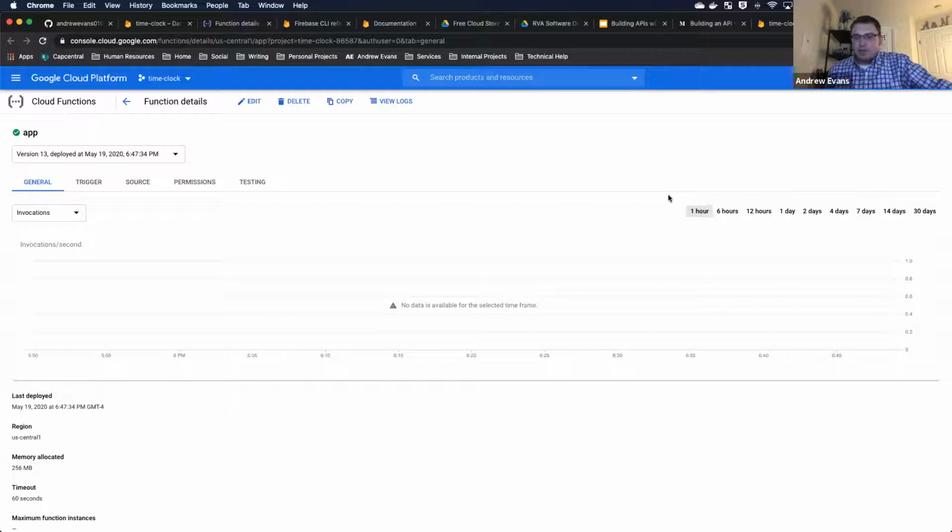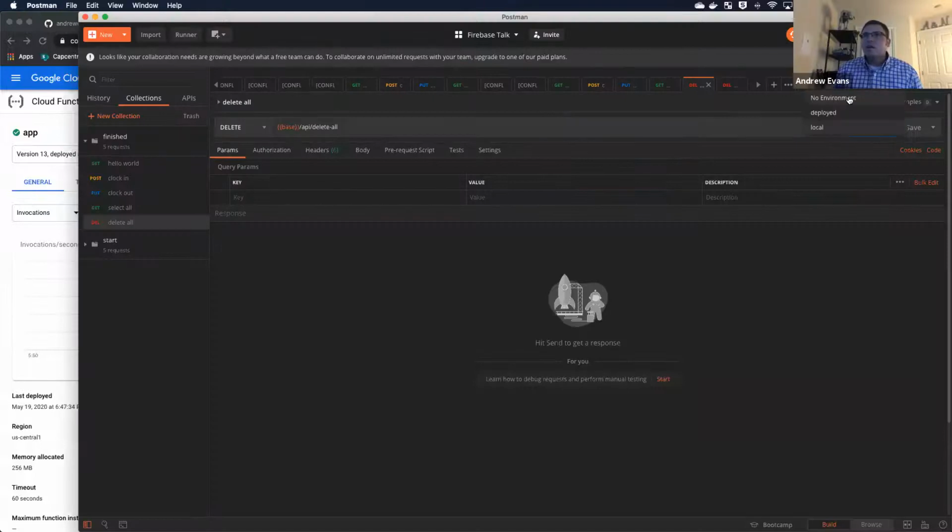Firebase is really great because it connects back to Google Cloud, but it doesn't force you to learn Google Cloud. All you really have to know is how to interact with the Firebase console, and it's doing all this other work for you. So in this case, you notice that I've got a time clock project, and then it's got information about the app. And in this case, it looks like it doesn't have any information because I think it's newly deployed. So I think if I go over here and switch over to deployed,